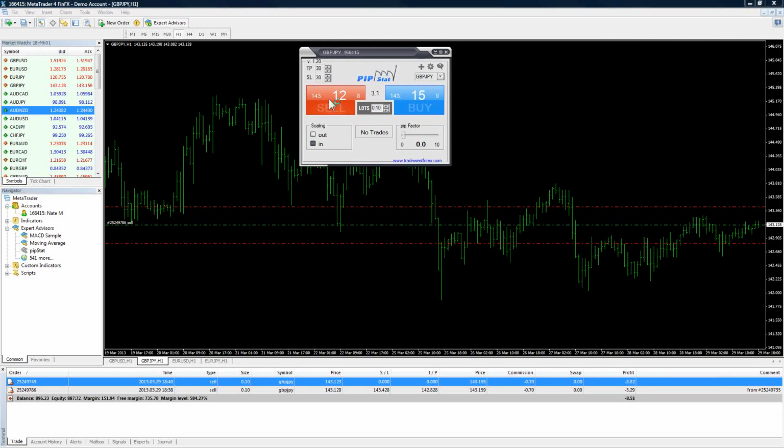And if you're not familiar with money management or how to handle that, then you want to familiarize yourself with something like Pip Stat. Like I mentioned, if you're interested in trialing it, we can probably set something up for you. But that's the great part about Pip Stat.